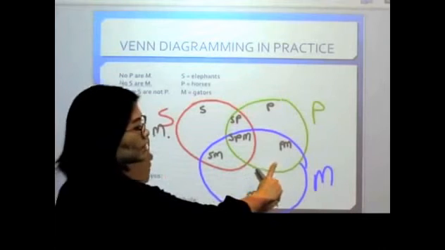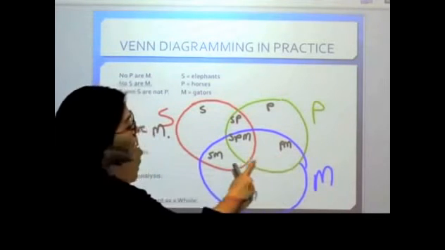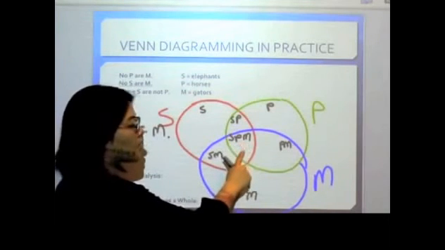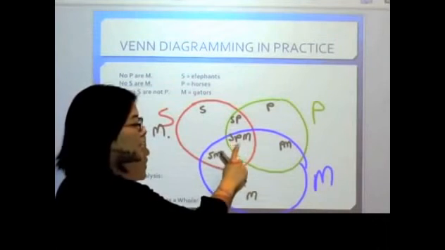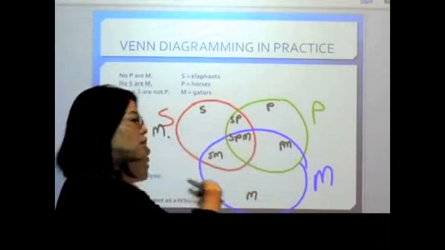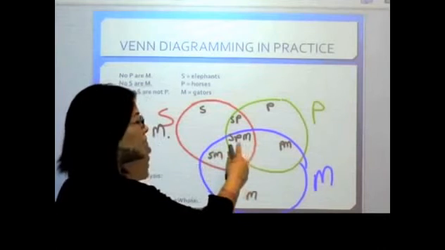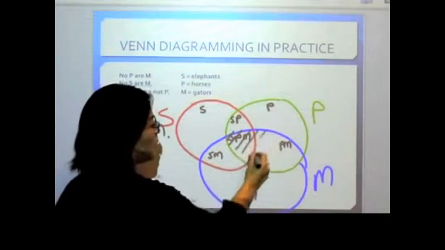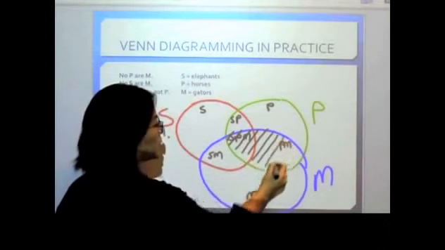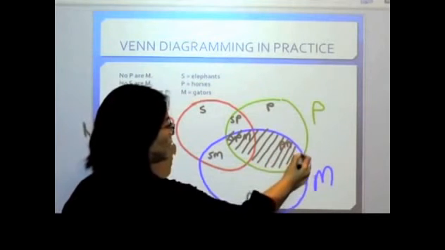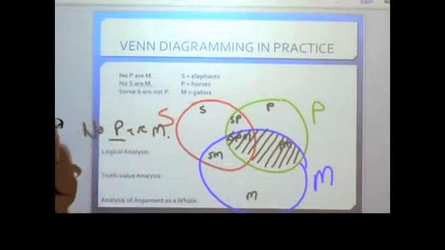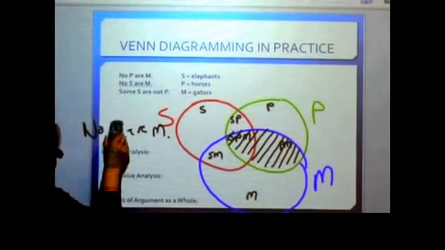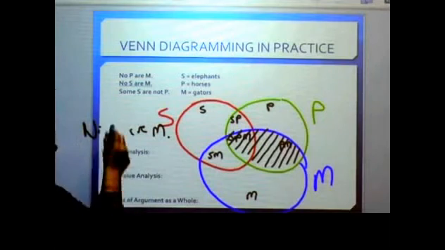Now here we have things that could possibly be P's and M's, and also in this area as well where there's an SPM. Since this area represents those things that can possibly be P's and M's as well as S's, it is an area where something can be a P and an M. So we want to shade both of those areas. They do not exist according to the statement no P are M. Then we have the second premise, no S are M. So the minor premise is